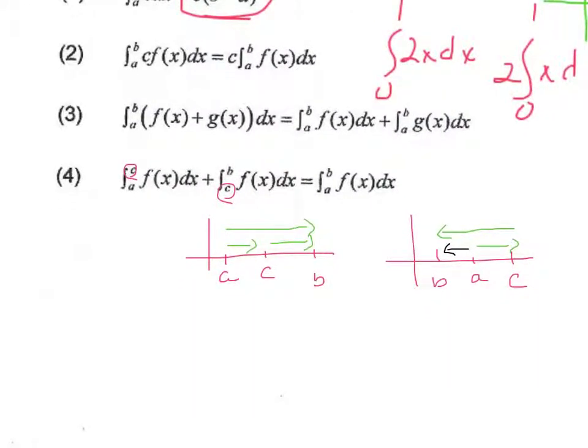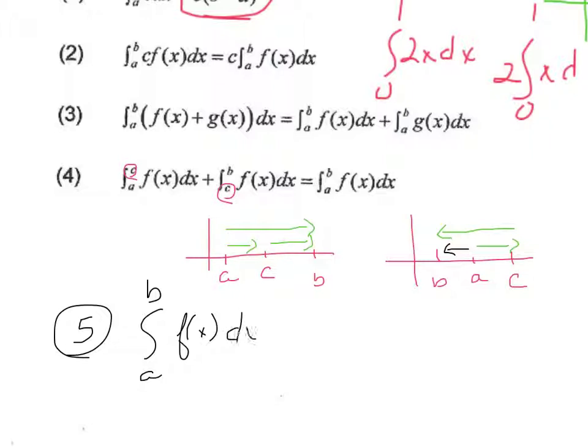So what I'm going to add is if you go from A to B of f of x dx, that is the same as the opposite of the integral from B to A of f of x dx. Right now these are all properties that we're going to be using in connection with area under the curve, but they're going to translate when we actually begin to find some Riemann sums or definite integrals of other functions where it wouldn't be so easy for us to find the area under the curve.